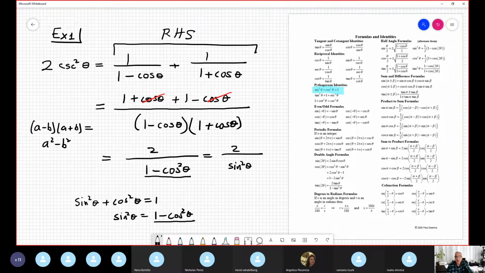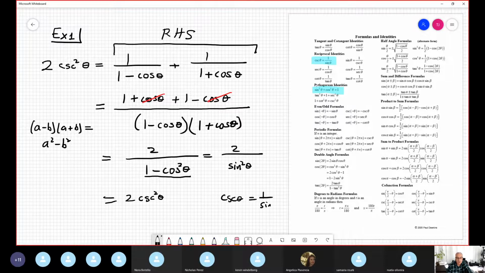But I know very well that the reciprocal of sine is the cosecant. Looking at this trigonometric identity, look. Then you replace. No sine square reciprocal anymore. This is 2 cosecant square theta, which is the reciprocal of sine, because I know that cosecant theta is equal to the reciprocal of sine. Of course, if both are squared, you get, wow, this guy is exactly the same as this guy, and you finish. Got it?